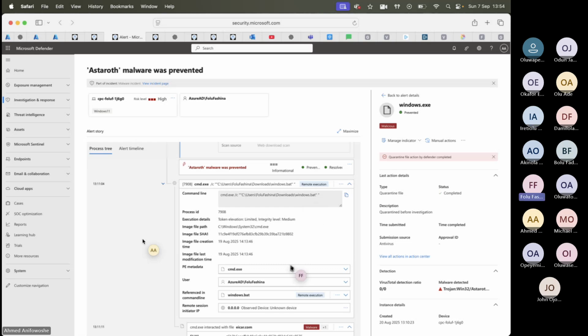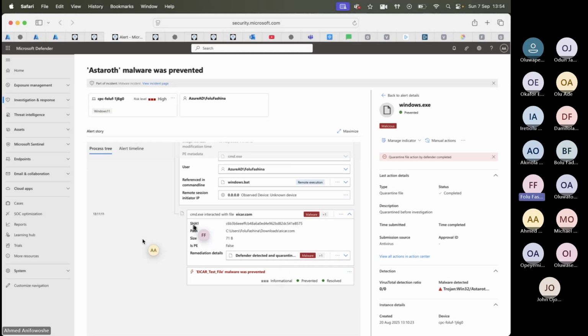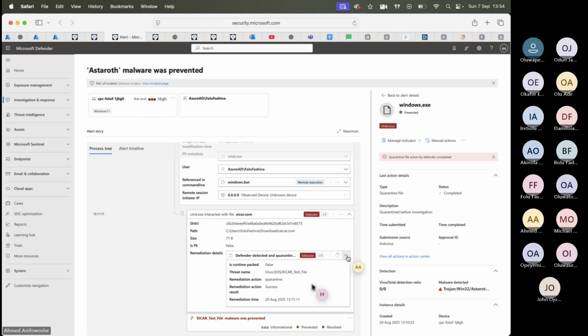Can you scroll down for me? And where did it download it from? The file. Can we see where it downloaded this file from? Ica.com. So now you see this Ica, all these files where you see Ica. When you see Ica, you can go to the website to read about it. When you see this, obviously know that